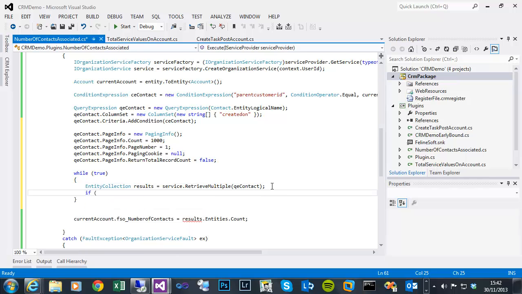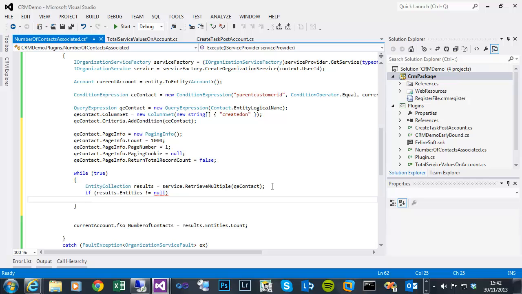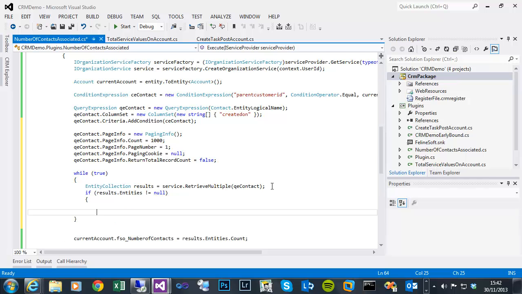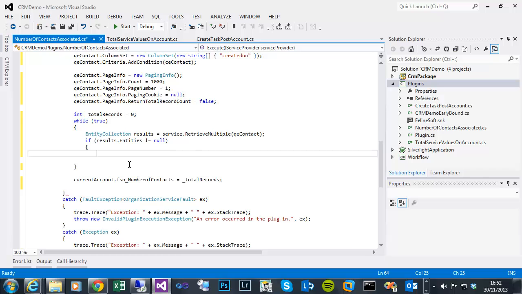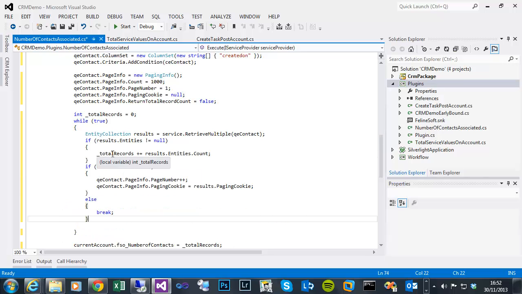But we need to do a check: if results is not equal to null. So not equal to null, then just paste that in for speed. The total records, we add the count of what we've just retrieved for that page, and do a check if there's more records. There's this boolean that they retrieve multiple returns, so we can check if that's true. If it is, we increment the page number,